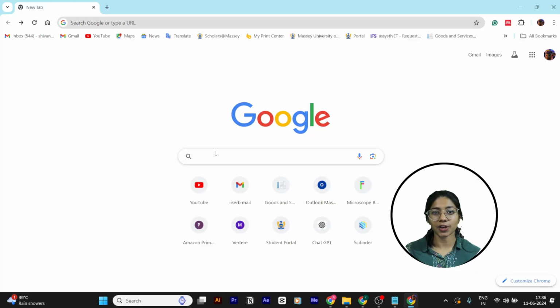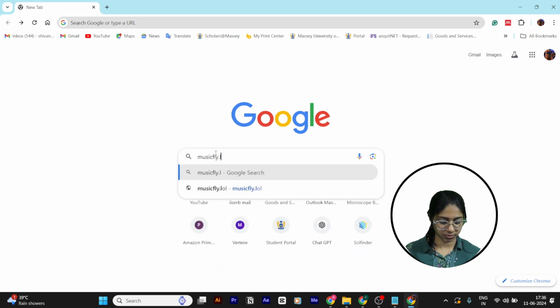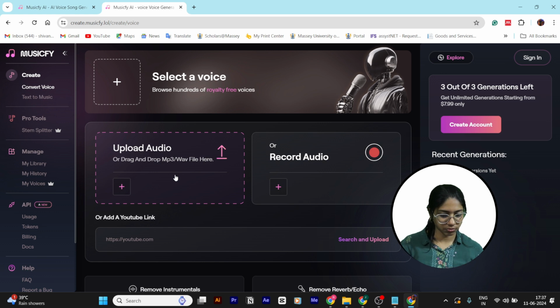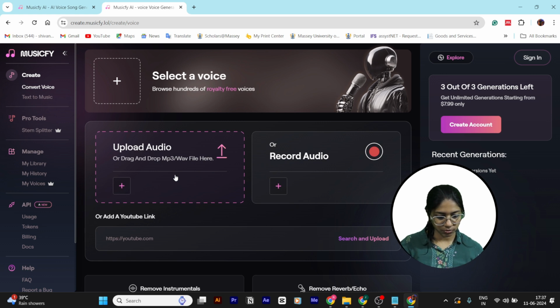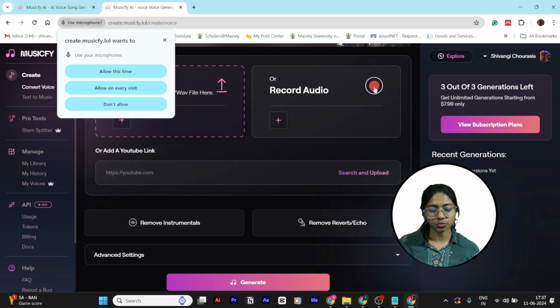So the next tool that I would be introducing you to is musicfly.lol. You can write musicfly.lol on Google. Here it is, you can click the first tab. So you can directly upload the audio or record your voice right now.